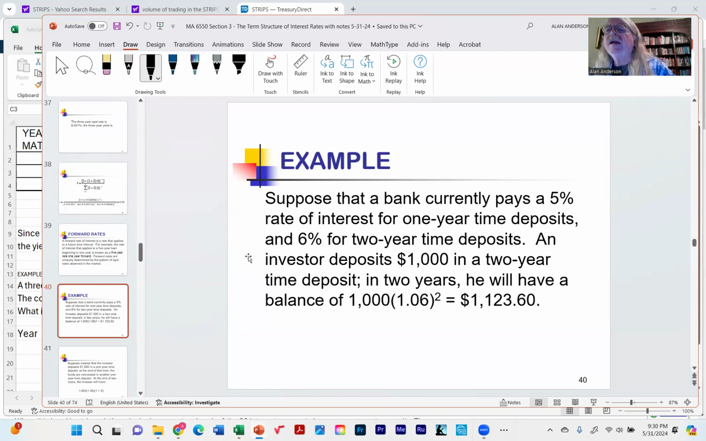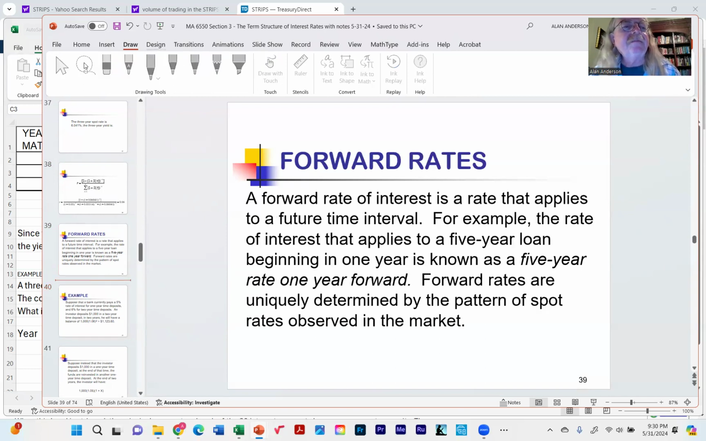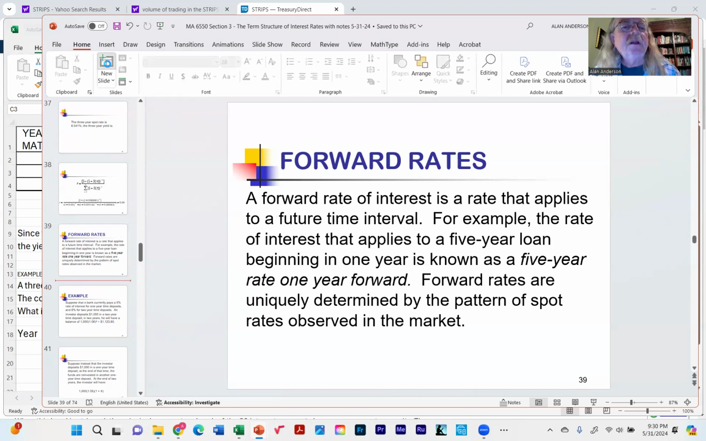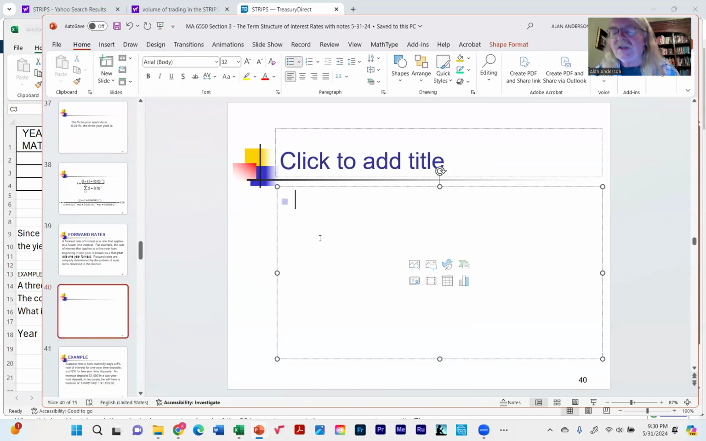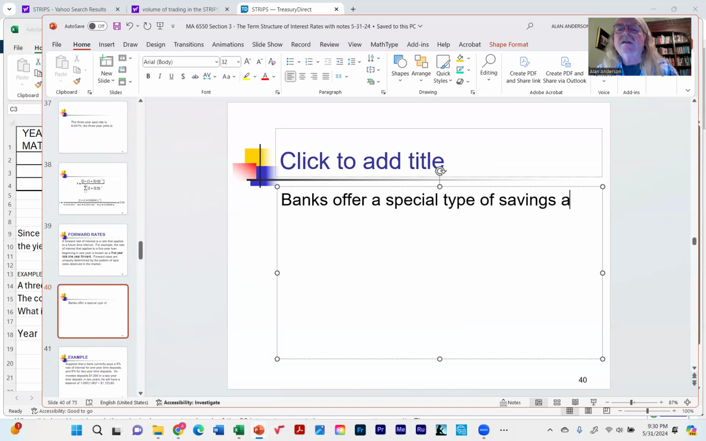And if you've ever gone into a bank and you look at the interest rates that they're paying, there is a product which you may have heard about. Everybody knows what a savings account is, but banks offer a special type of savings account known as a certificate of deposit, or simply CD,